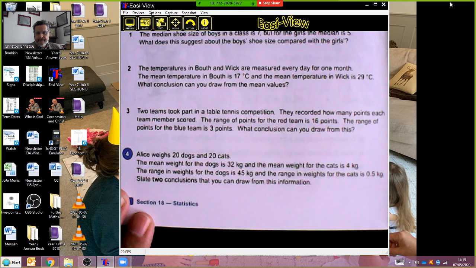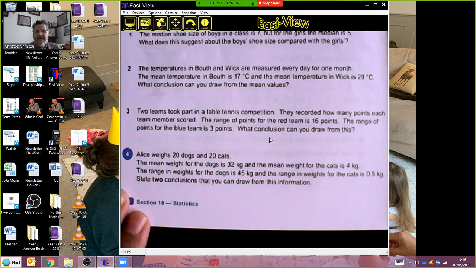No, the dog. There's more than one dog. So no. Think again. On average. What's the story about? Dogs and cats? Thank you. So you should say, on average, dogs weigh more than cats, or dogs are heavier than cats on average. One statement done, one more to go.